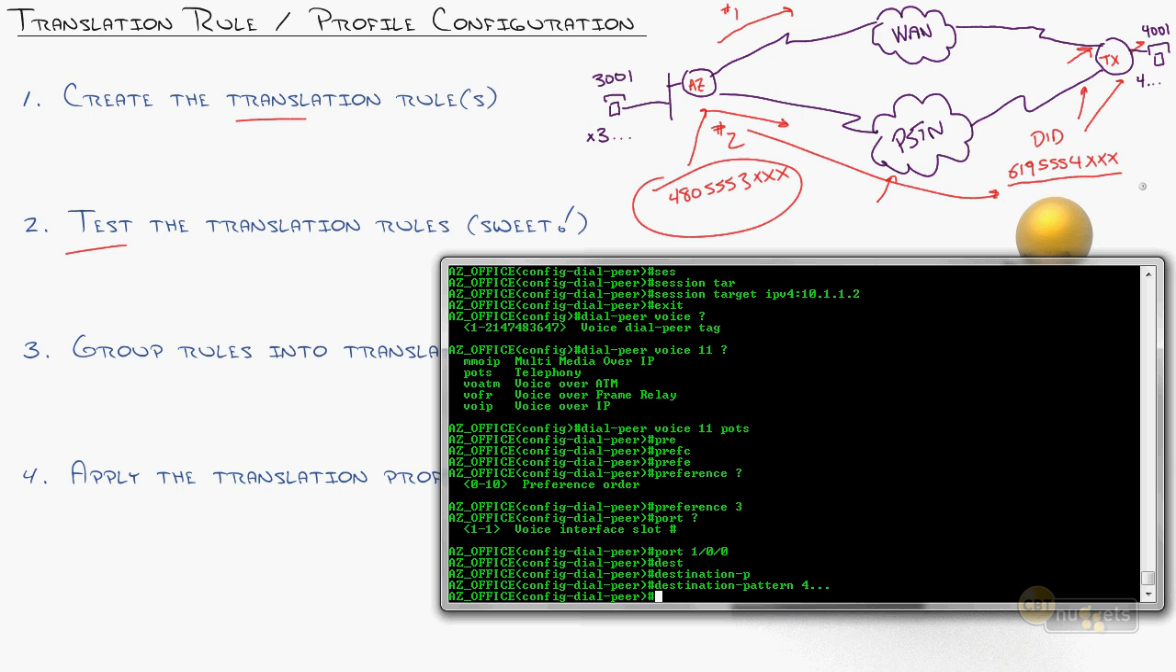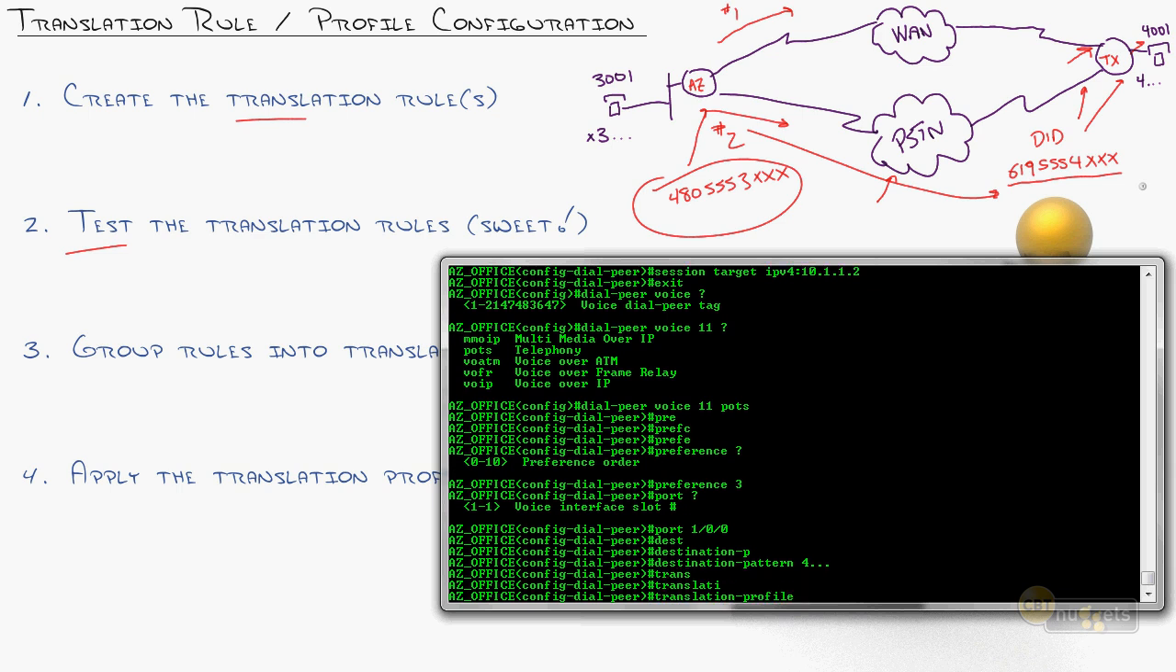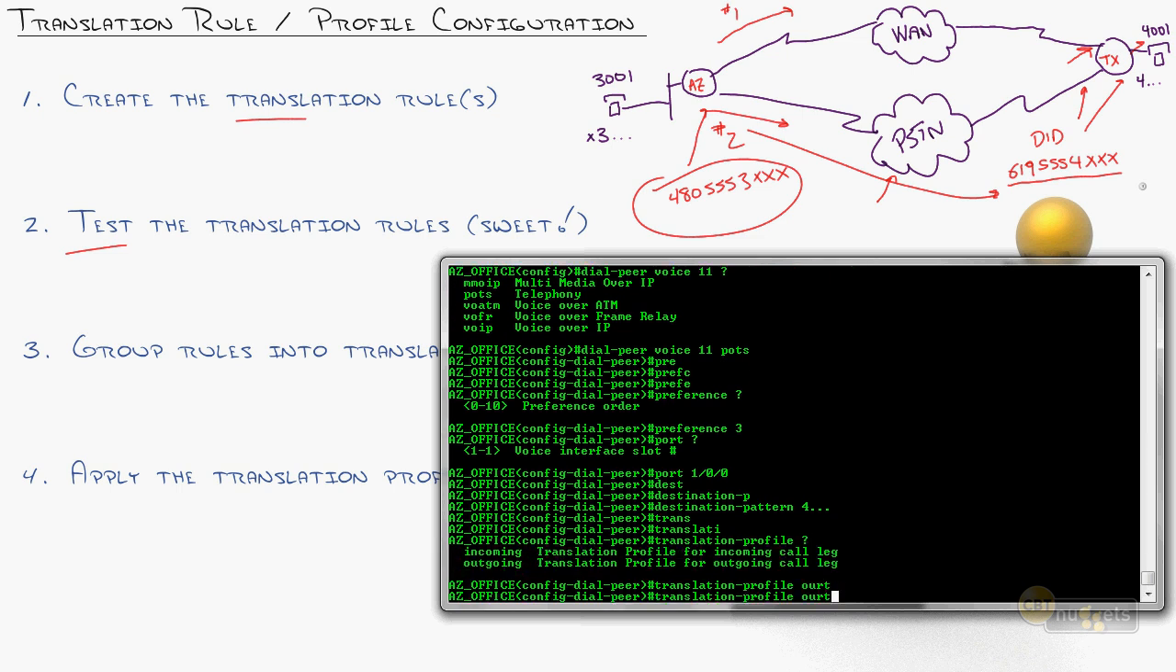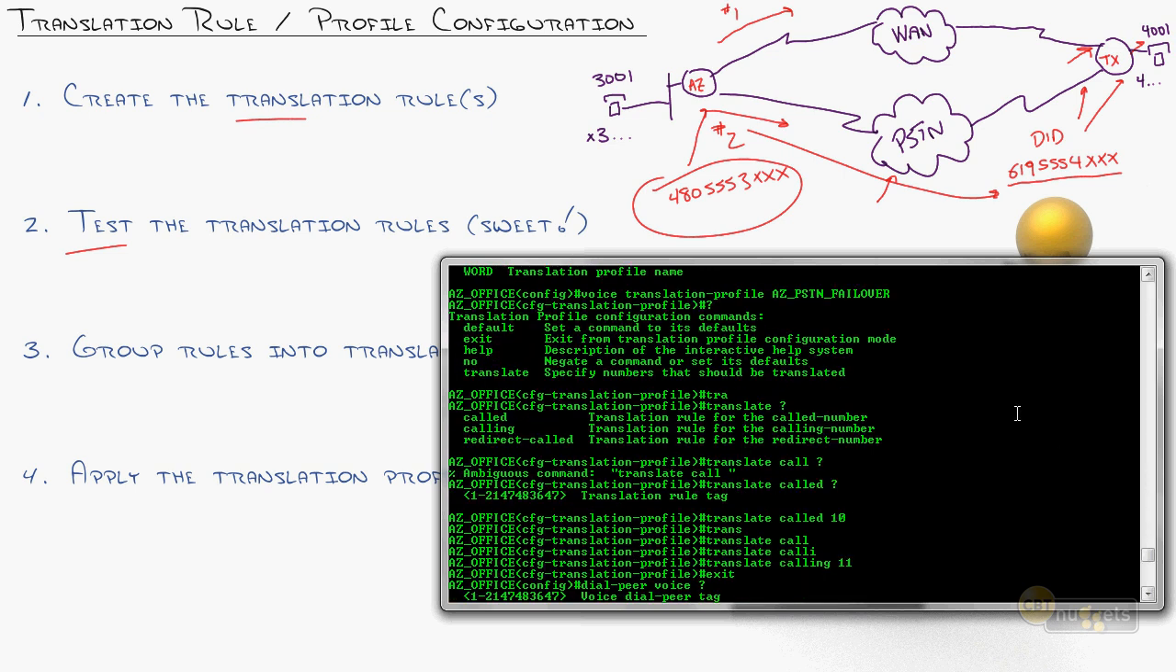And then I would do the translate. This is the final command. This is the one we haven't seen yet. This is step number 4 in the background that I'm waving my finger at that you can't see. Translation profile for the outgoing call leg, like when I'm dialing out, that's where I want to apply the translation profile AZ PSTN